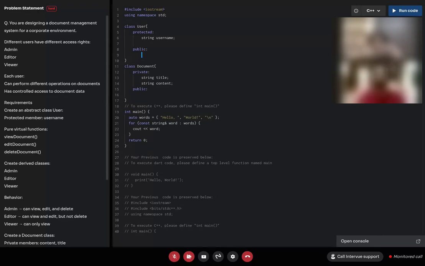If you can explain using this example only, how polymorphism can be used here. Basically polymorphism is we can override the methods in the base class from the derived classes. I think we are doing that here because we have to write the methods of read and update in the document class, as well as for every derived class we have to change the permissions.